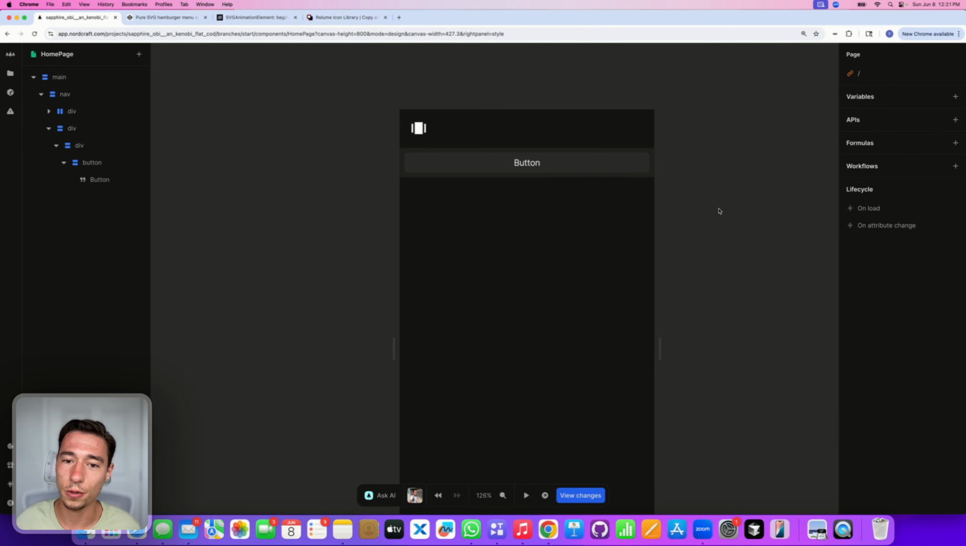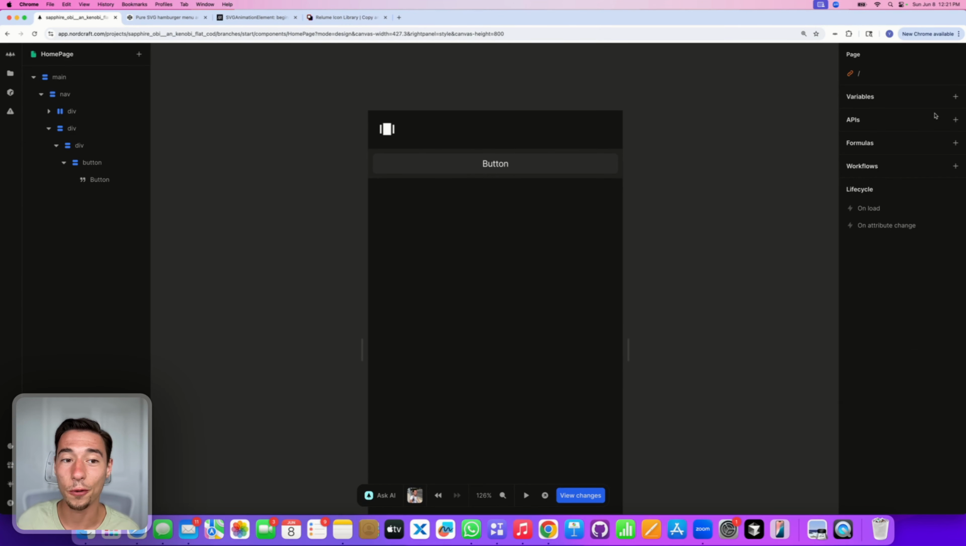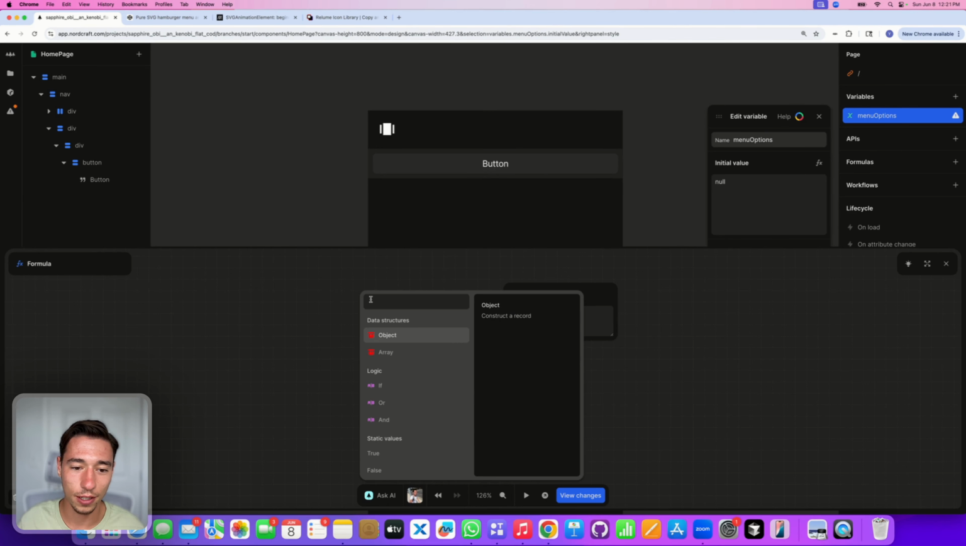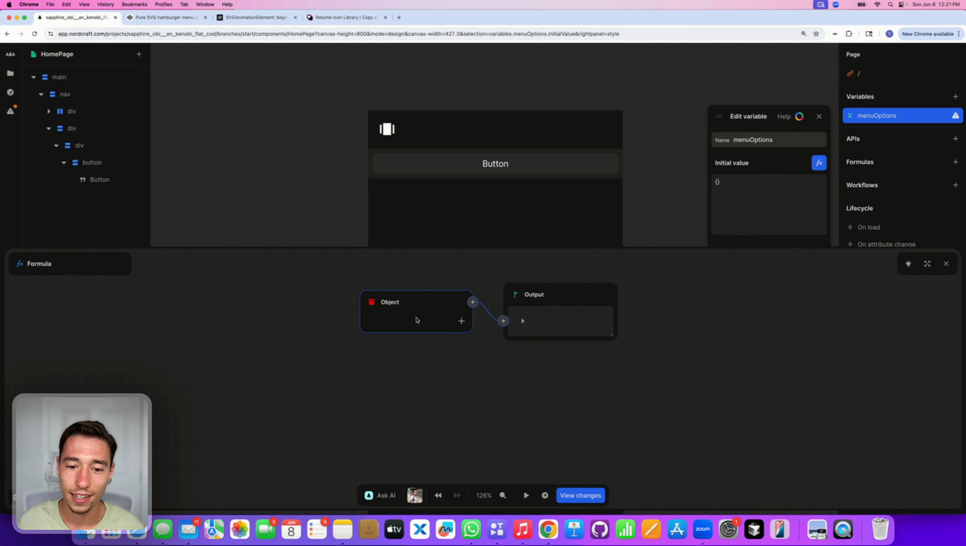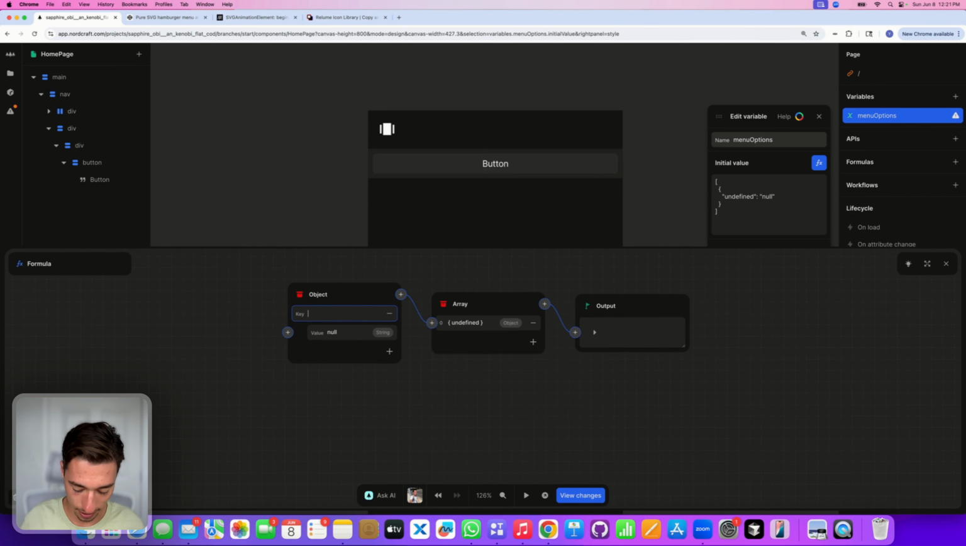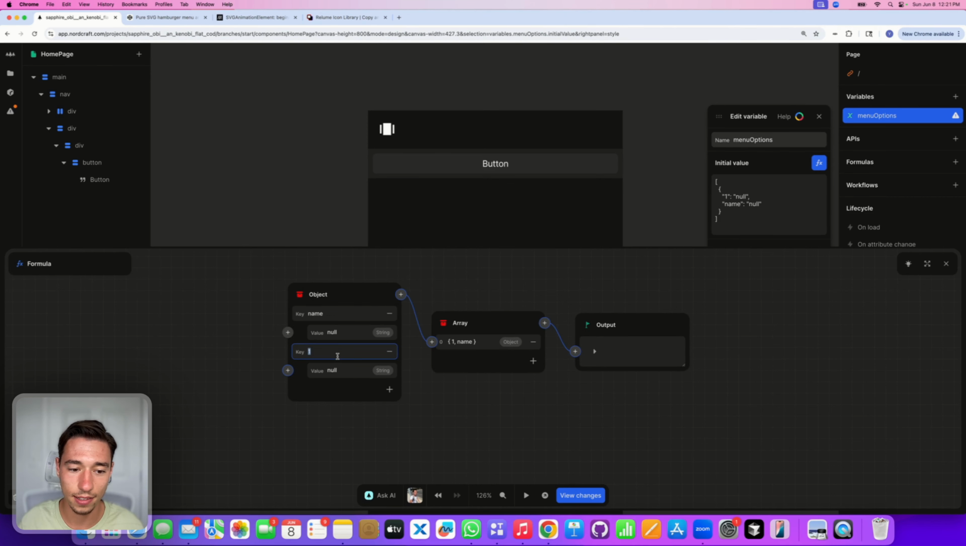So what we want to do is we now want to go inside of here on the variables, and let's add menu options. So I will call that menu options. On that, I'm going to go on an object, and I'm going to add this in an array, so it's a list, and then I will add name and href. So I go to name, Google, and I will do href